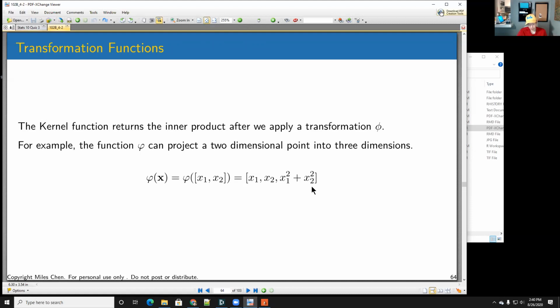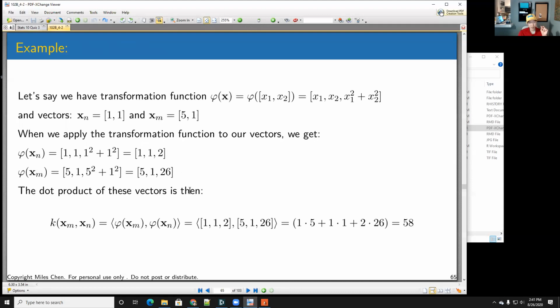This is an arbitrary function. I've chosen it because there's a visual example that I can present here, but this function phi can be whatever you want it to be. Now there are certain functions that do well, and we'll see this. If this is the function phi, then there's a corresponding kernel function that we can use. But let me just show you what happens